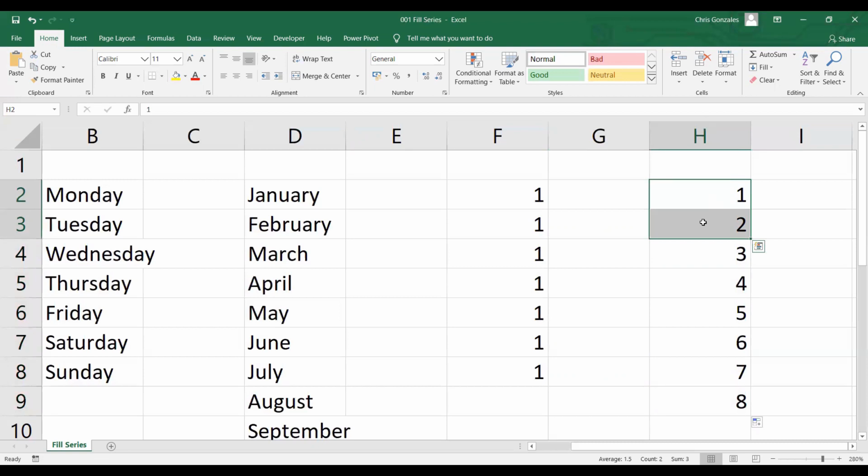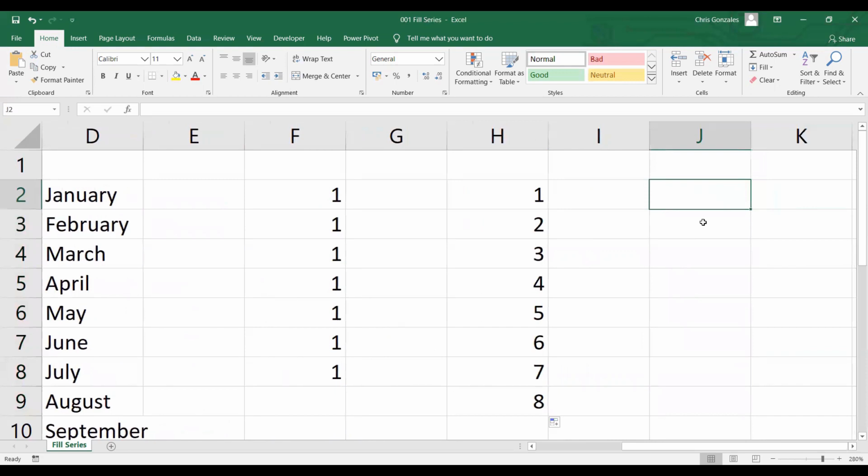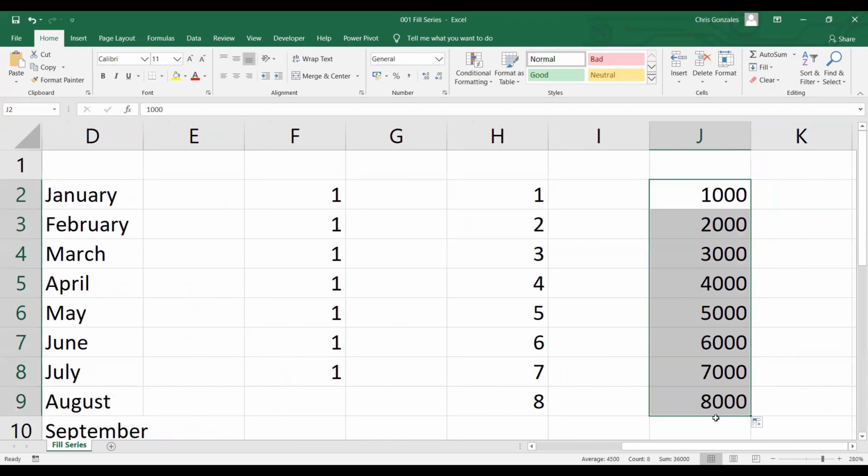Okay, for example, I need another interval. Let me type 1000 and 2000. Do the same thing, drag it down. It will do the same thing by having the fill series, but this time with the thousands